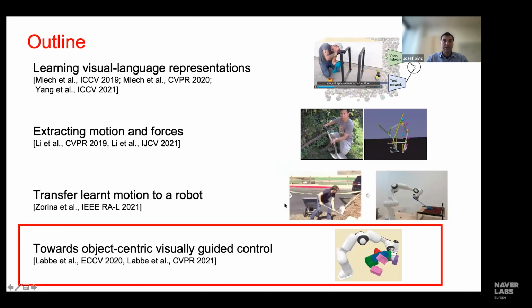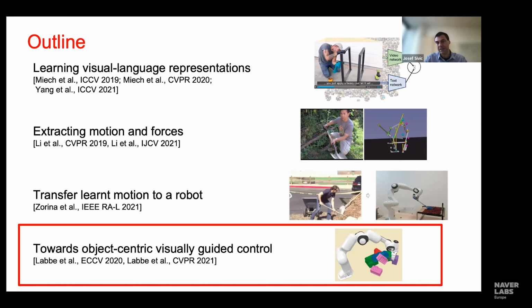So, these were initial results on being able to go from an instructional video all the way to a policy executed on a real robot. Yet this policy is feed-forward, which of course is a demonstration. It can be done, but ideally, to have robust execution, one would like to have visual feedback. And towards that, we don't quite have results demonstrating visually guided control,